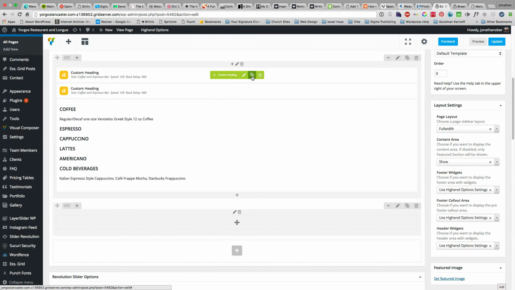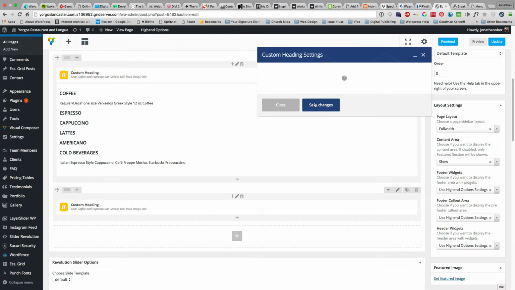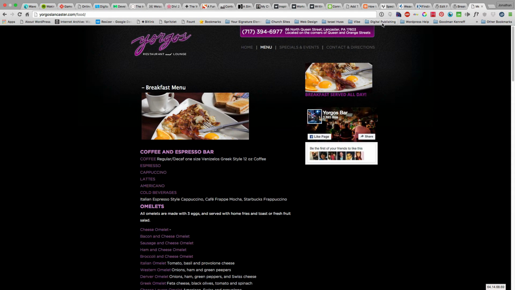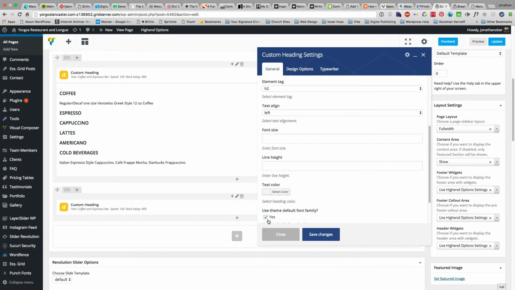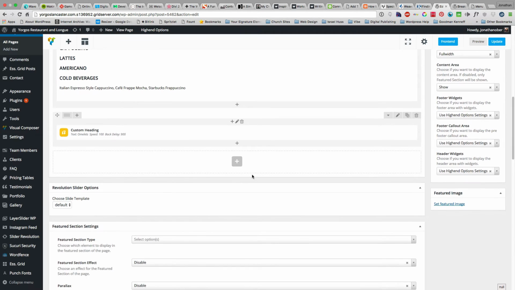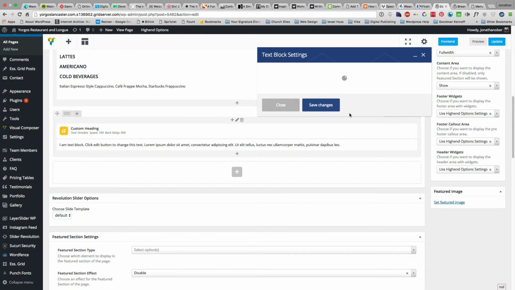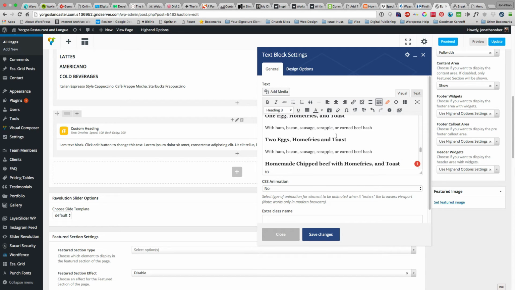So what I was saying is you could duplicate this, drag this down here, and that's going to be an omelet menu, I believe is what was next, or omelets, and so that maintains the look that I had on the previous one. And then we're going to add this text block, and I'll paste in all the text again, but we just want